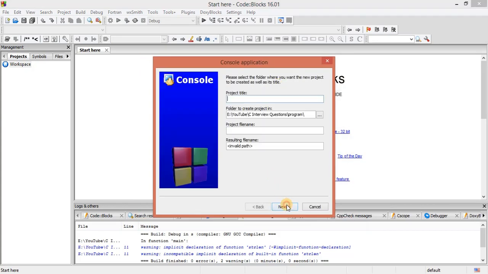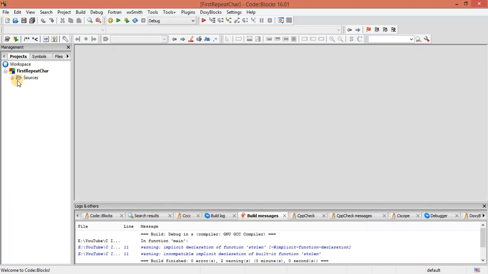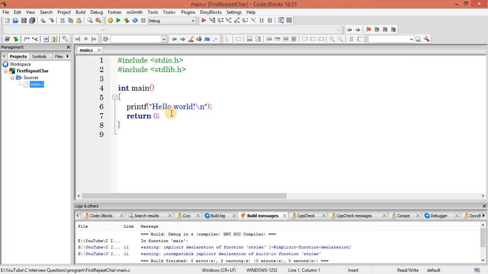So in C, print first repeated character, right? So now let's get the string first.